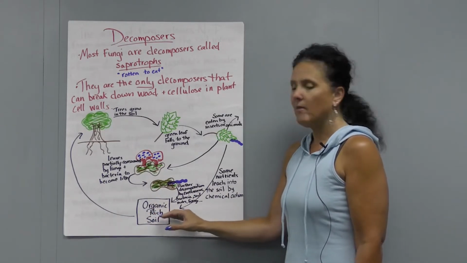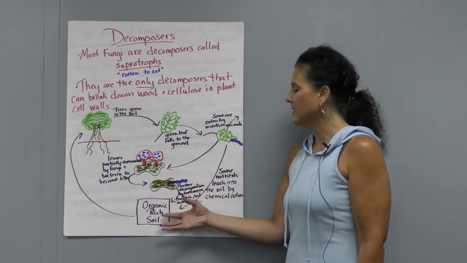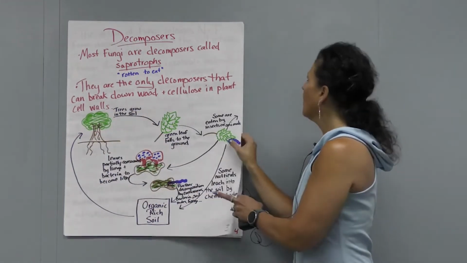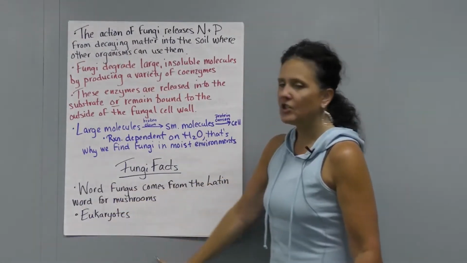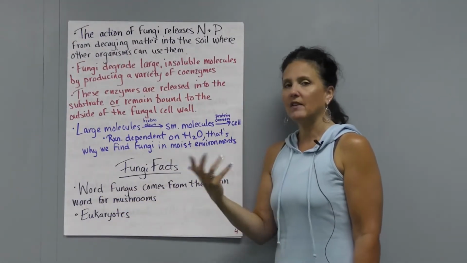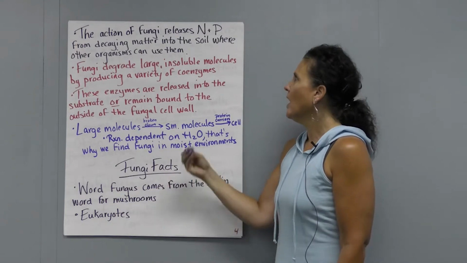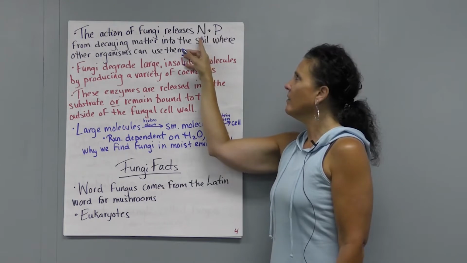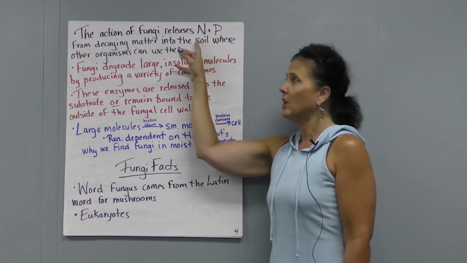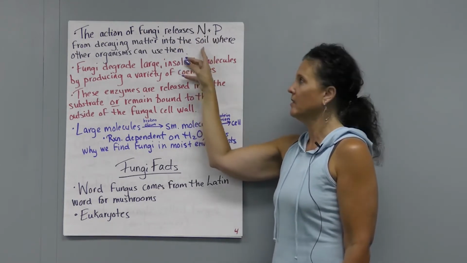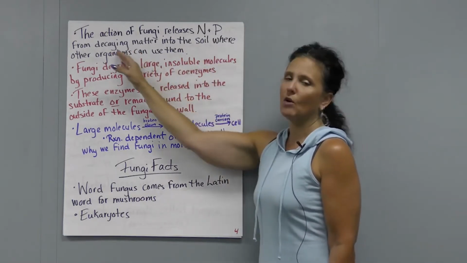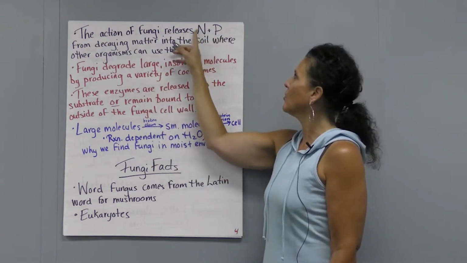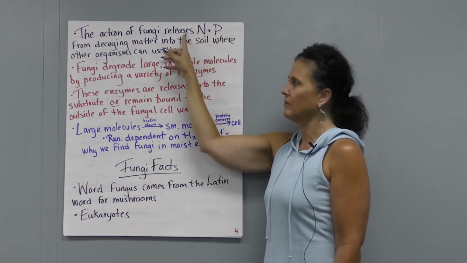And when we're going to look at what makes that rich, what makes you want to plant, and then in turn, why do these plants grow well in this type of soil, right? Okay. The action of that fungi, when it's decomposing that dead leaf or whatever dead material, it's going to release these two elements, nitrogen and phosphorus. 78% of our atmosphere is made of nitrogen. It's a very important element, right? And so what they do is they release those from that decaying matter into the soil where other organisms can use them. This makes our soil very rich with nitrogen and phosphorus.